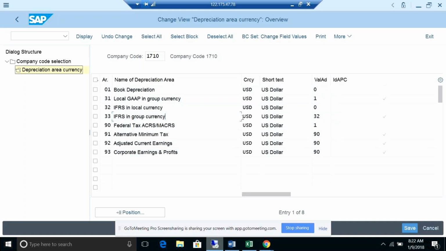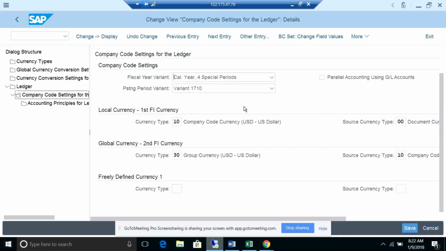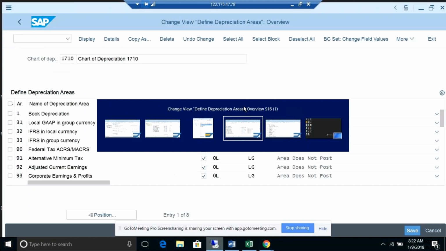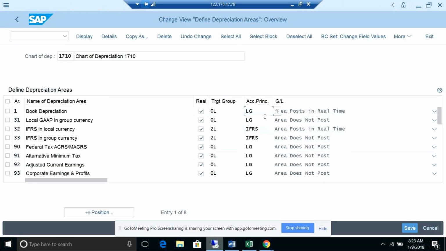But here, rule number one is basically the additional dimensions, whatever you want to add. Those requirements we need to take from the client, and we also need to do the configuration here for the accounting principles, whichever you want to report, whichever ledgers you want to report for, and the accounting principles you want to attach to those account ledgers.